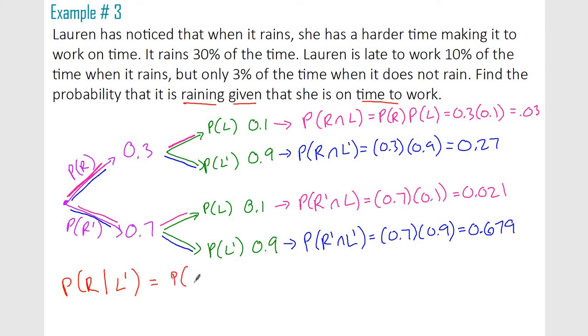So, we're going to do the probability of both of those happening. This might be easier if I write it out. So, rain and not late over the probability of not late. Well, the probability of rain and not late is 0.27. The probability of not late is 0.9. When you divide that,